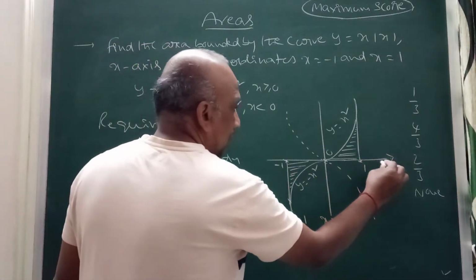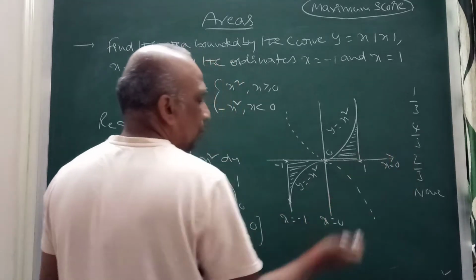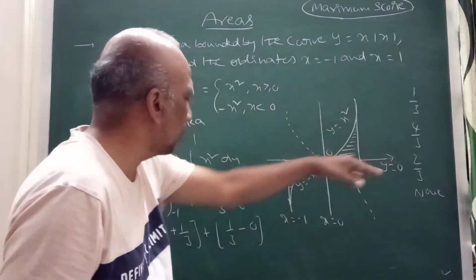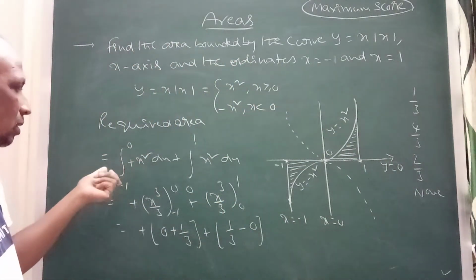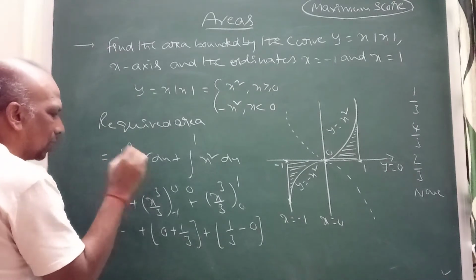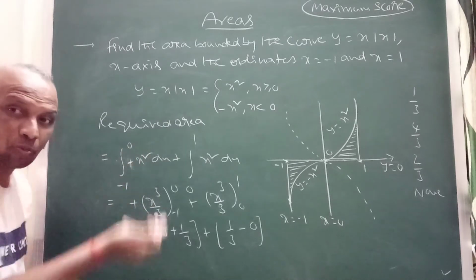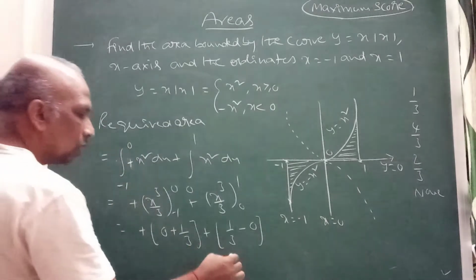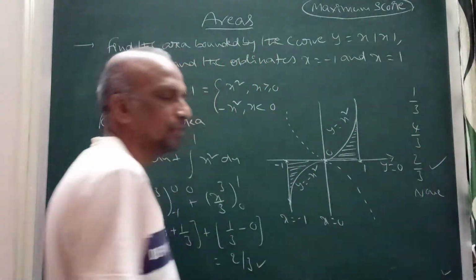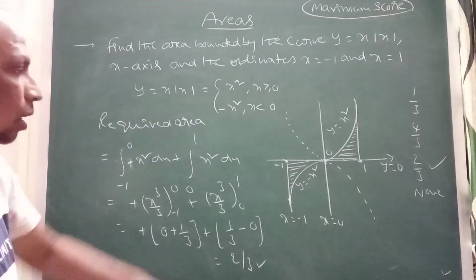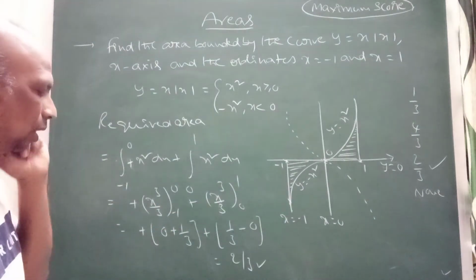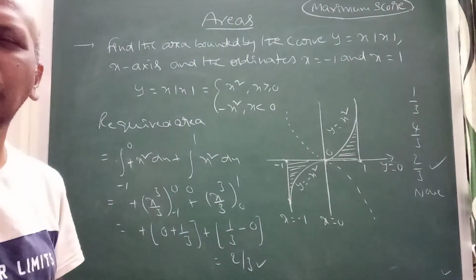Here, this line is x equal to 0, right? So upper curve, no, this is y equal to 0. Sorry, this is y equal to 0. The upper curve minus the lower curve, x square only. I will write actually minus of minus x square, so plus x square will come. Minus of minus x square will come plus only. So our result will be 2 by 3 square units. The answer is 2 by 3 square units. Be careful here, upper curve minus lower curve, minus of minus x square it will come. So the result will be 2 by 3 square units.